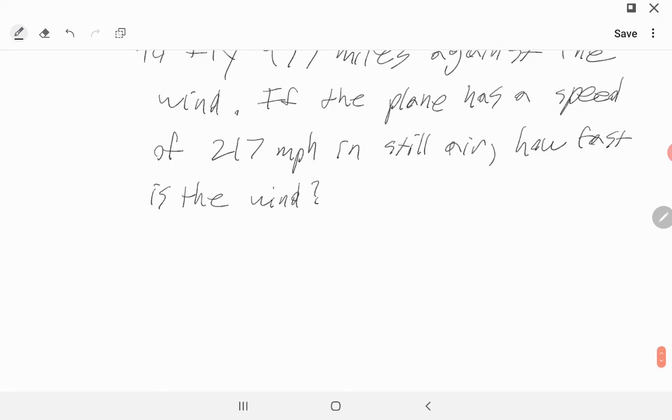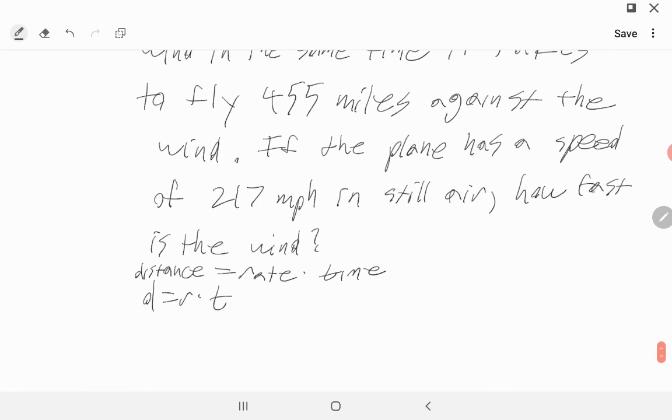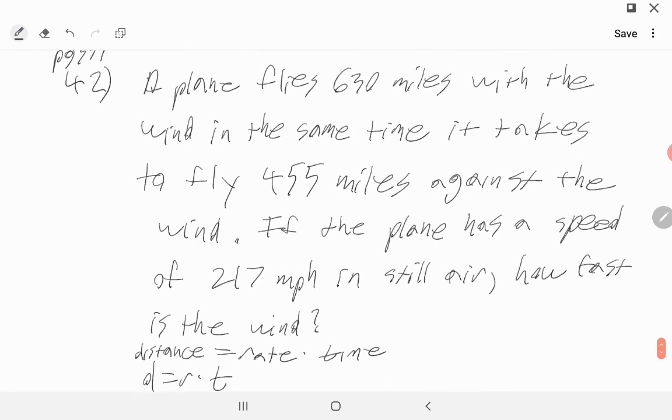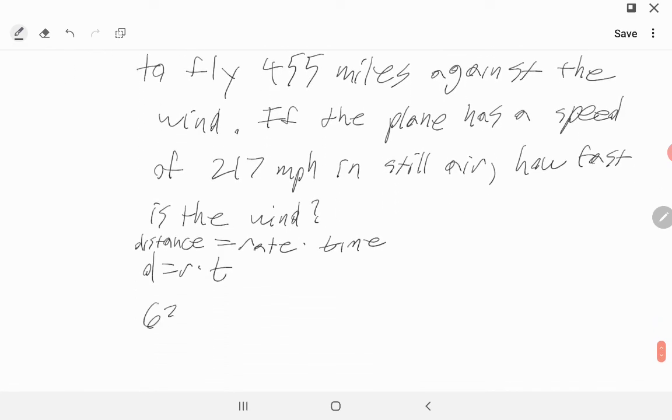And so for a question like this, we're relying on distance equals rate times time. So distance equals rate times time, d equals rt, and we can tweak that a little bit. We notice that we know the same amount of time. We can say that a distance of 630 is equal to 217 plus v times time, and